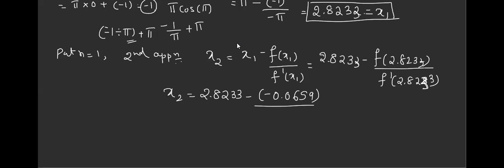See, you should be very careful. In Newton-Raphson, the numerator f of the value should go towards 0. Because this is x1, it is actually the approximation, a nearer answer to our required answer. So f of that value has to satisfy the equation f of x equal to 0, correct? So when you take this value, it will be nearer to 0.